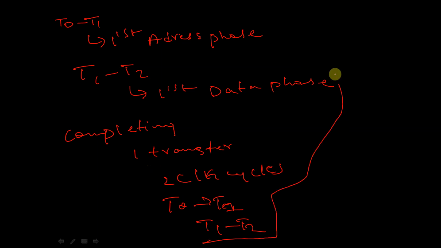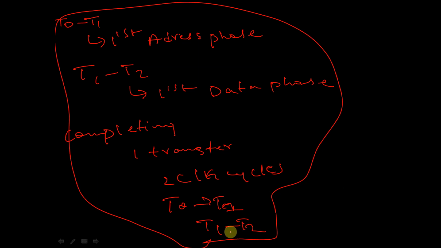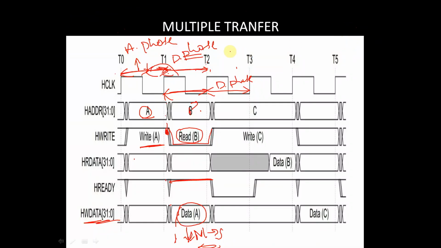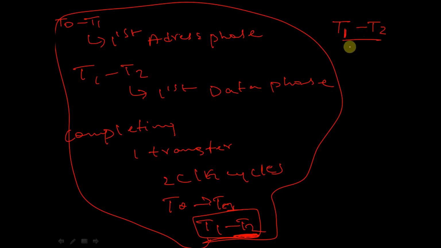So at T2 one transfer is completed. In the T1 to T2 clock cycle one transfer has been completed, and in parallel, in the clock cycle T1 to T2, the next transfer is initiated. The second transfer is initiated